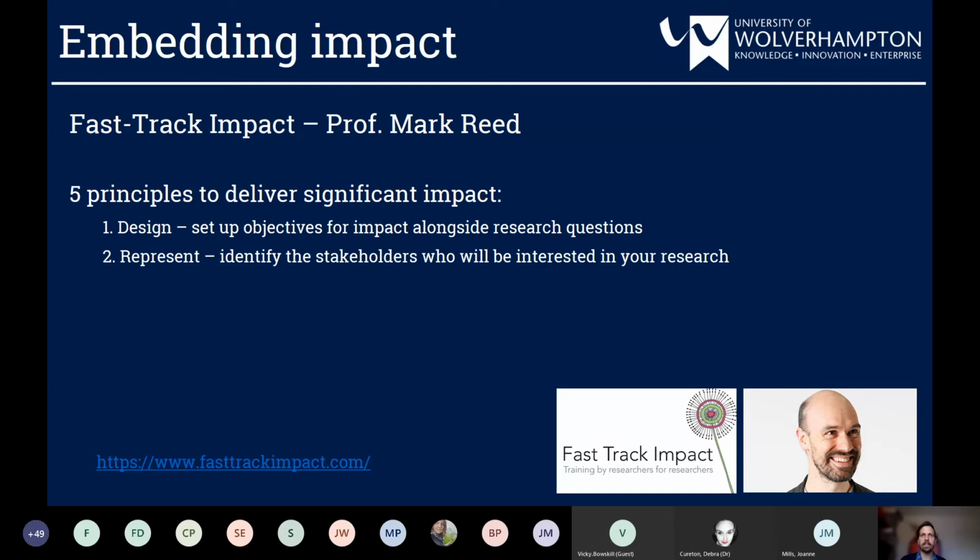As we've mentioned, identify the stakeholders who will be interested in your research, not just the ones that are going to benefit, but potentially the ones that could be negatively impacted as well. Just identify them, just so you know they're there, just so you need to monitor them. Because if you release,